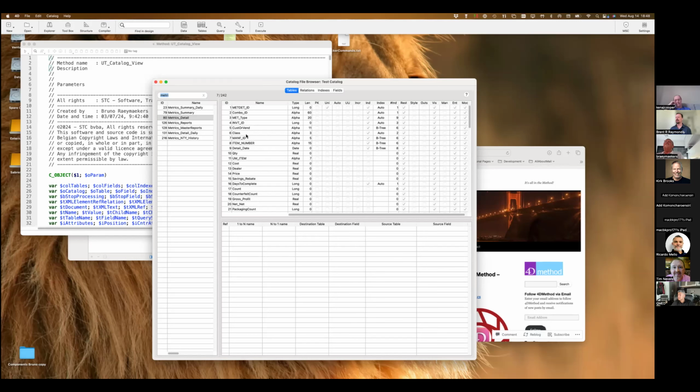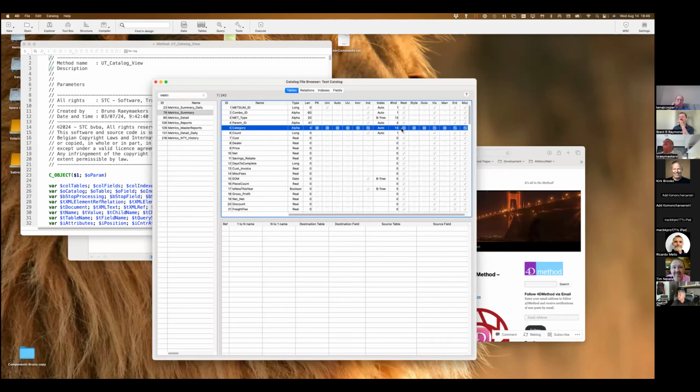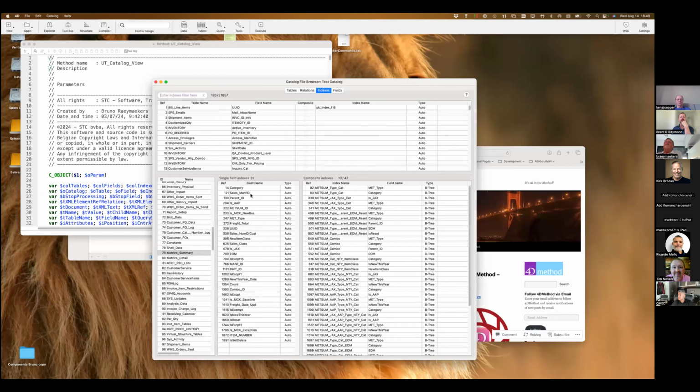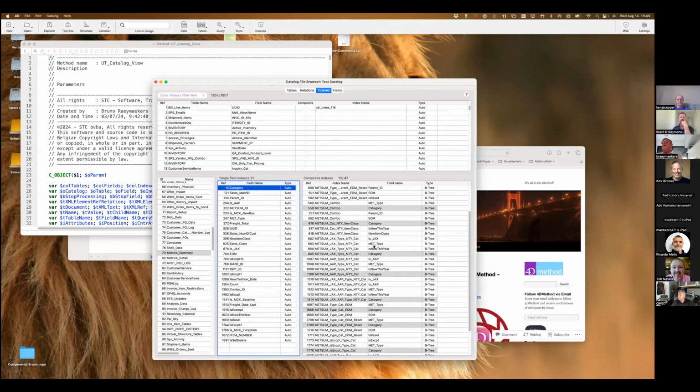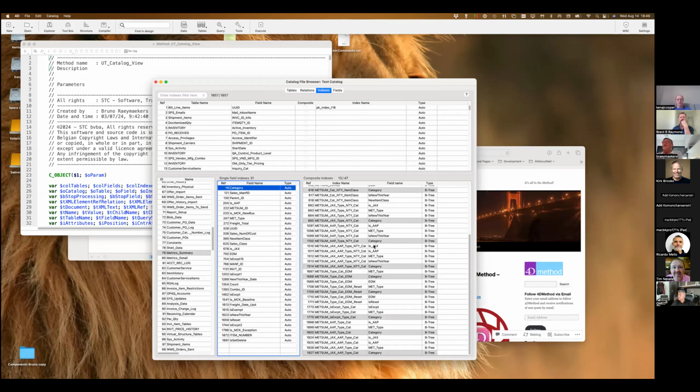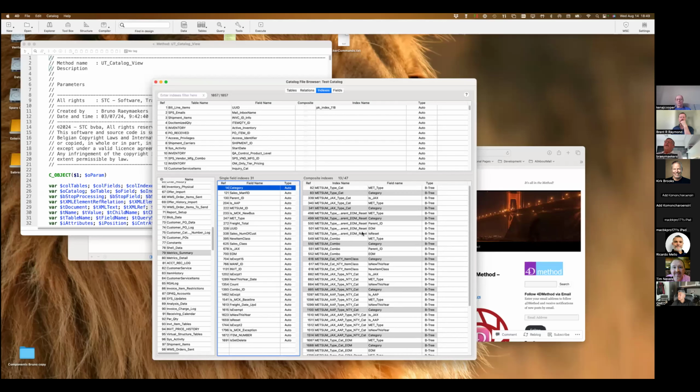I think this table has a couple of fields like that. For instance, here we have another interesting one. You go to the category field. See, that is a field that has been indexed quite a lot of times within this table.